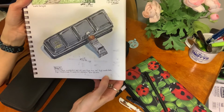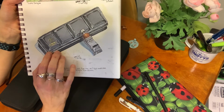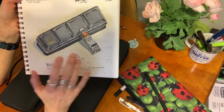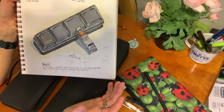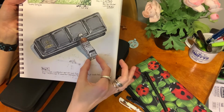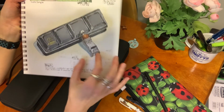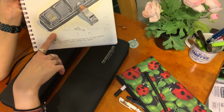And then this one, I had just gotten my Schmincke watercolor set in. I was very excited about it, and I had to draw something before I went to sleep, and I was really tired. I'm like, well, I could just draw this and immortalize the fact that I got it this day. So I did a watercolor tube as well, and I really like how the colors came out. I have a cream in the background,